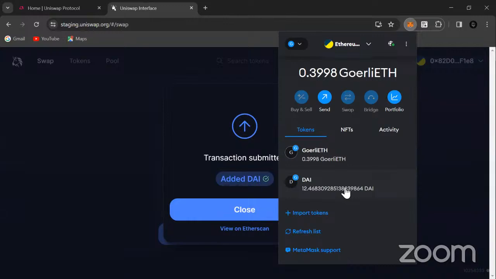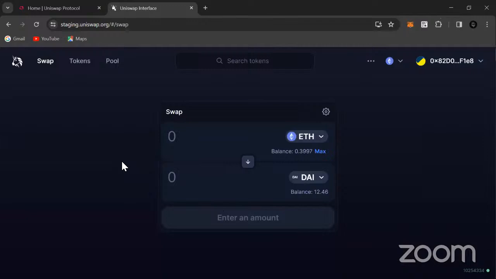It's a decentralized exchange. Of course, the core of it is a smart contract, right? So you are sending the Ethereum to the smart contract. The smart contract takes the Ethereum, and it has its liquidity pool. It checks the worth of it in whatever token you are asking for, and then it gets the token from the liquidity pool and sends it to your wallet address. So that's that for Uniswap. You can swap as many tokens as you want.